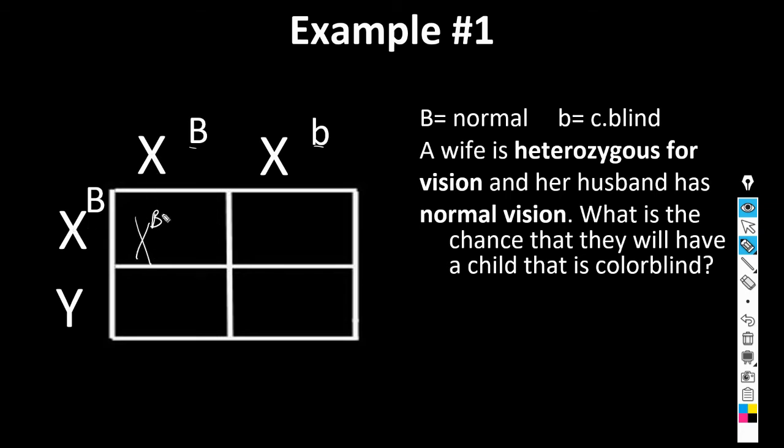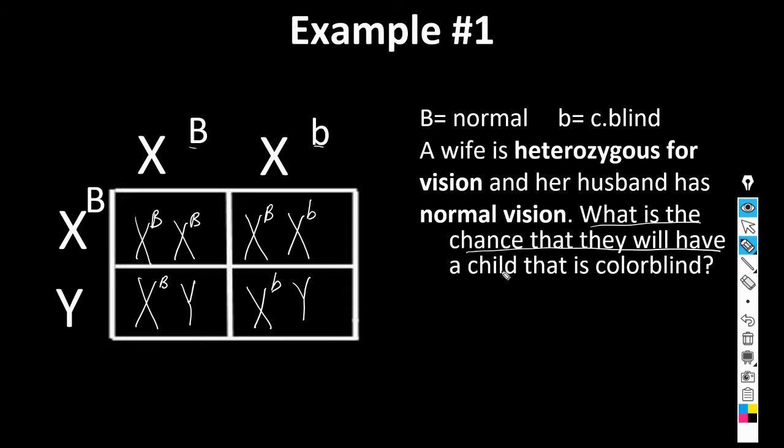I'm going to bring this X big B right over here. I'm going to do the same. So whatever's on the left continues to move to the right. Whatever's on the top continues to drop down to the bottom. And my Punnett square is complete. So I'm almost ready to answer the question of what is the chance that they will have a child that is colorblind. So to do this, what I want to calculate is my